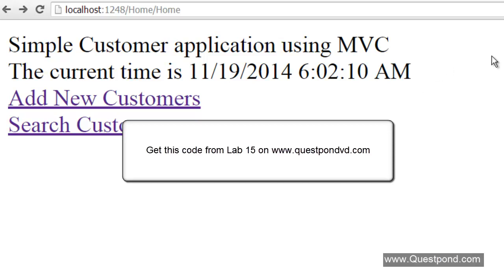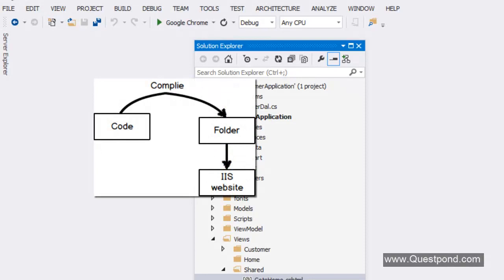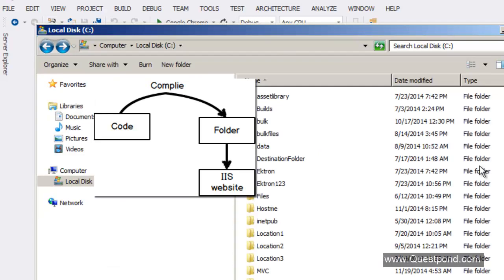So this is the application and we want to make it live on IIS. The first step would be to take this application which we have created and deploy a compiled version of this application in a folder. And then the next step would be to go inside IIS, create a website and point that website to that folder. So what I'm going to do is go to my C drive,